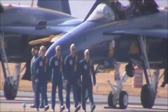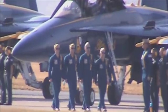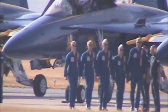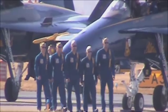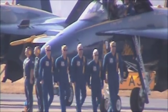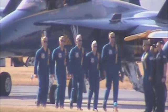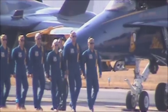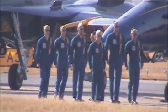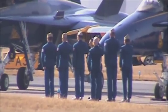Flying Blue Angel number 2, the right wingman, from Fort Mitchell, Kentucky, Lieutenant Commander John Hills. Flying Blue Angel number 1, the commanding officer and flight leader of the Blue Angels, from Atlanta, Georgia, Captain Greg McWhirter. Ladies and gentlemen, representing your United States Navy and Marine Corps, the Blue Angels